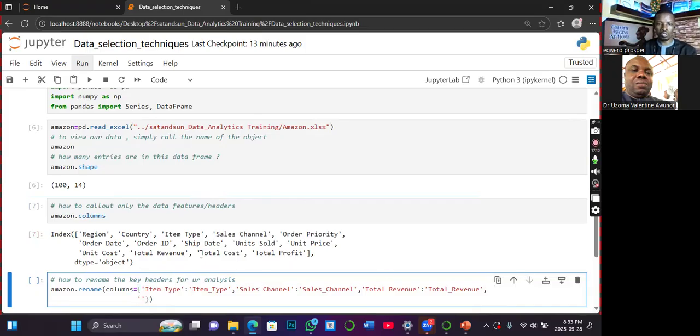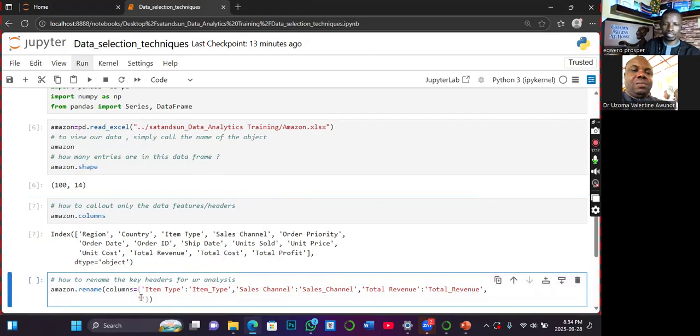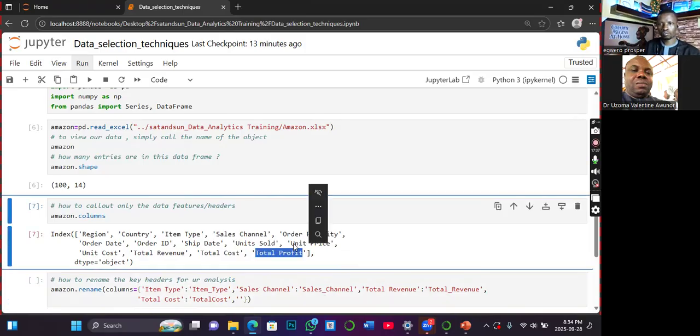The next header I want to modify is total cost. So Control C and also paste, the column, string, paste, remove the space or add underscore. In this case, let me just remove the space, comma, another object, which is the total profit. Total profit. And then Control C, Control C, and then